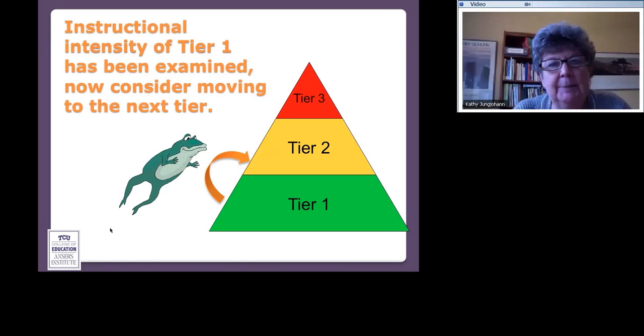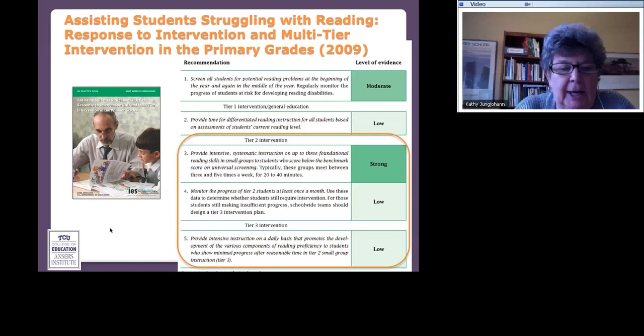So we've looked at some of the ways that we can intensify Tier 1, and after those have been examined, and after we've looked at ways to make Tier 1 more effective, then we can consider moving to the next tier. So as we move to Tier 2, some of the things that I can offer you right now is that there are some wonderful publications available from the U.S. Department of Education, and two that I have relied on for this presentation and much of the work that I do with schools